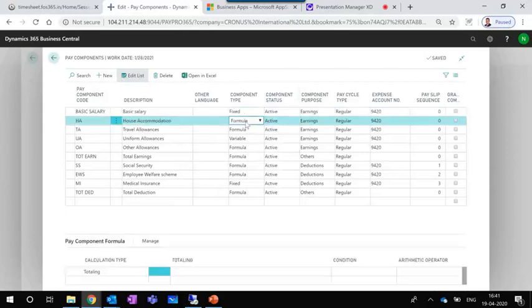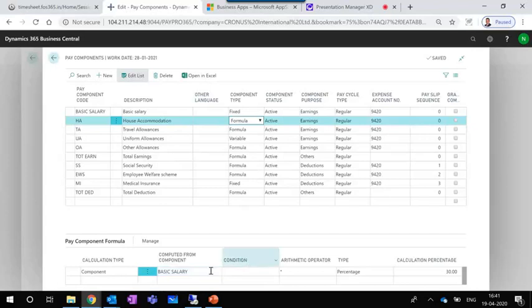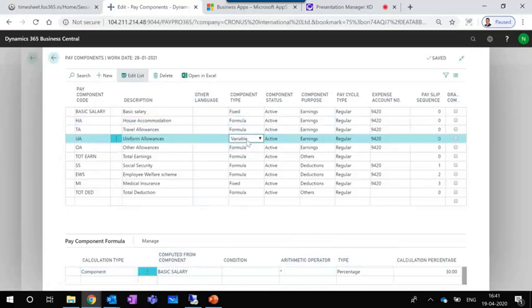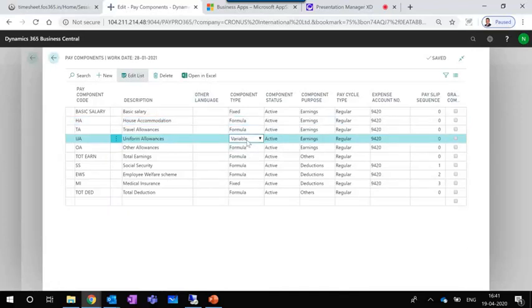When you select the formula-based calculations, the user-driven formula is possible, so that the user can achieve different formula-based calculations also. Once you click the formula-based component, at the bottom you can define the formula for it. Otherwise it can be variable-based calculations as well.